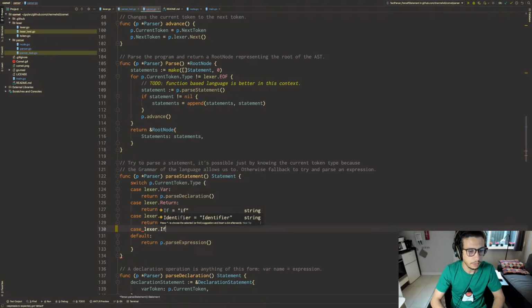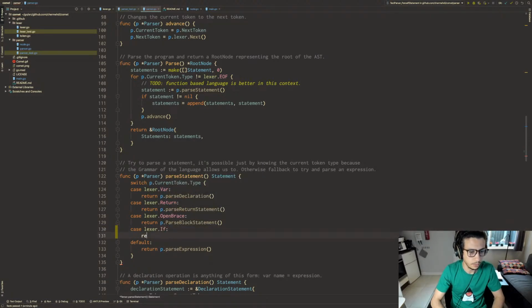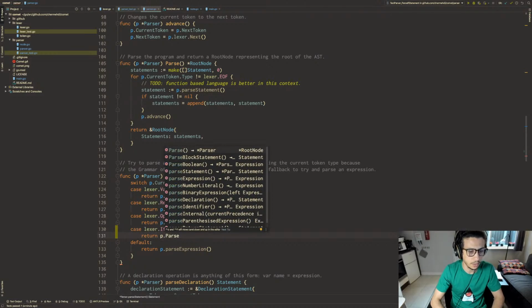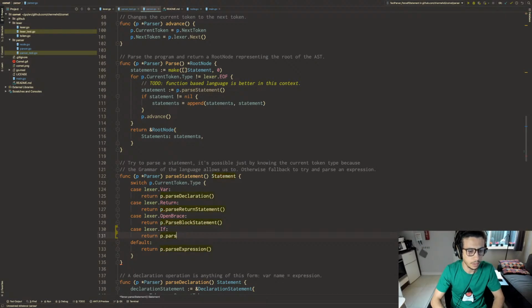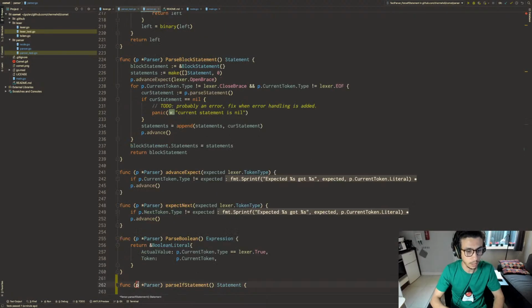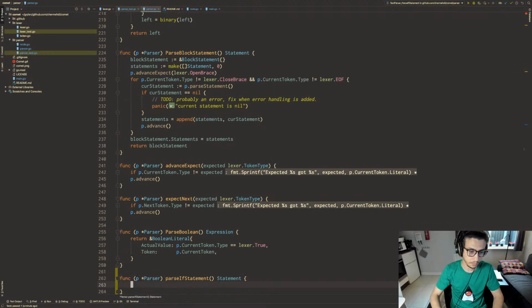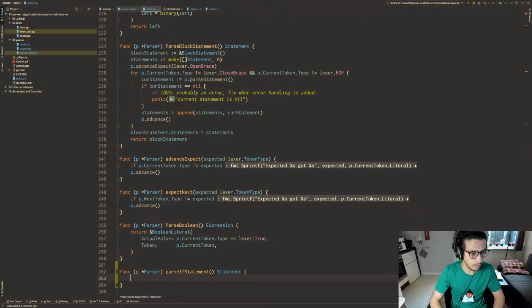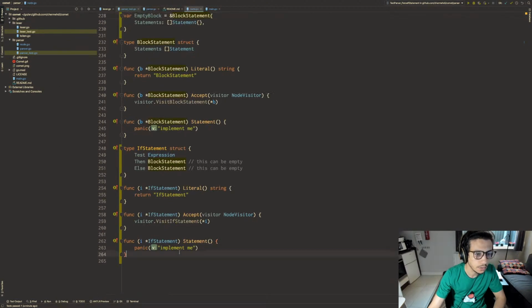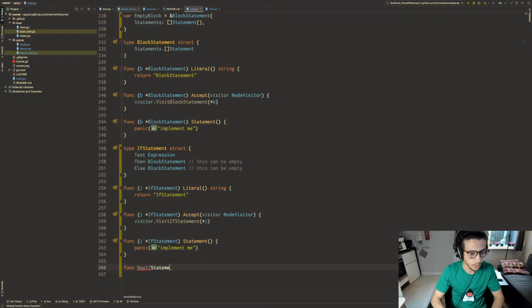So I delexer if statement, return p.parse parse if statement. And let's go create that. So how do we parse an if statement? We want to create this in parts. So I want to have a quick utility function here, new if statement, because every time we create the if statement,